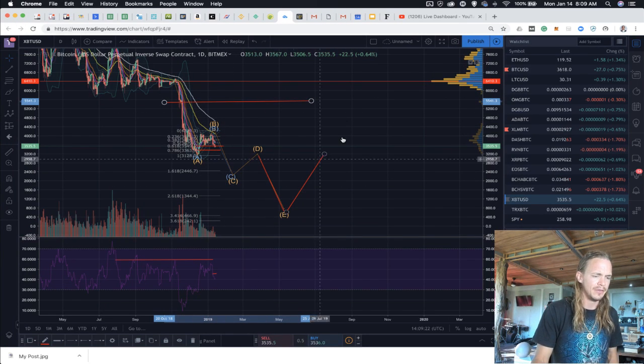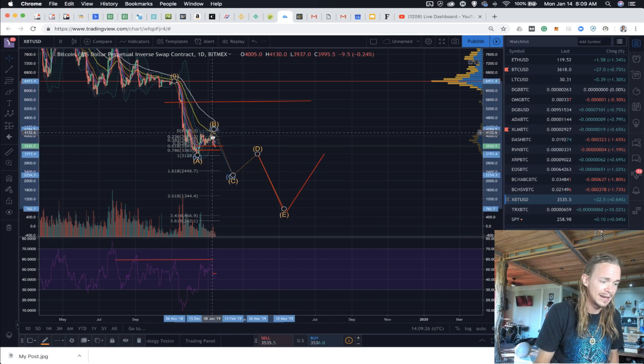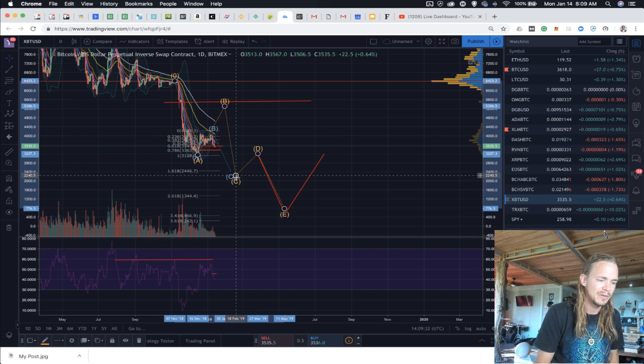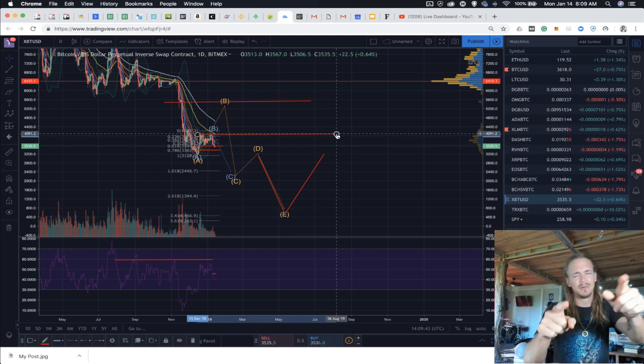Again, I'm still standing by this same wave movement that we had looked at before. Again, I had hoped, and I still do have some hope, that the B wave here might bring you guys back up to 5,300. That would mean anyone that wanted to exit could. But again, my original assertion was the bounce to 4,200 and then a drop down to 25. So we'll have to keep a close eye on it,